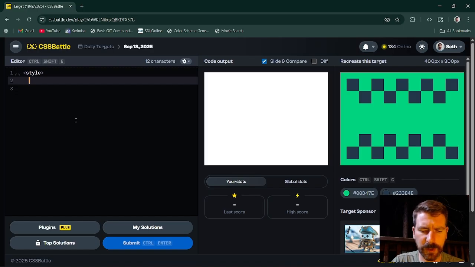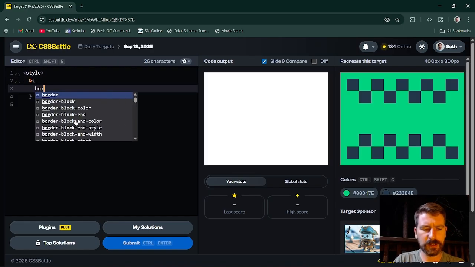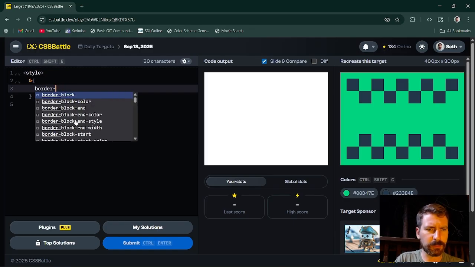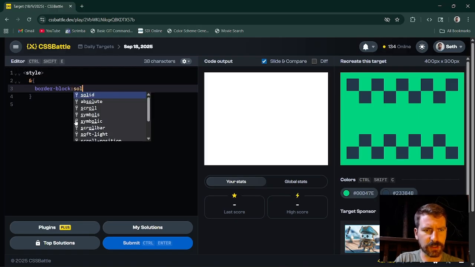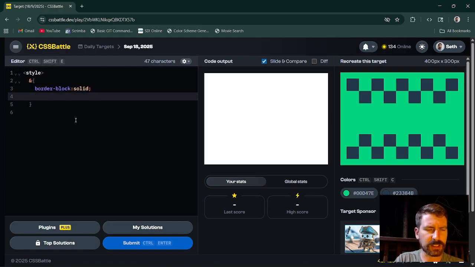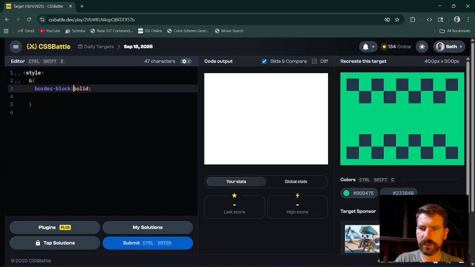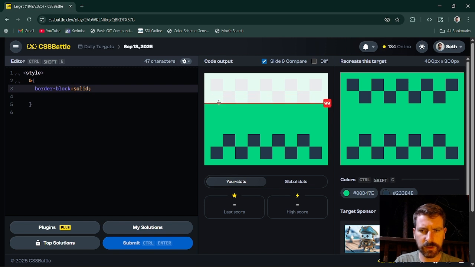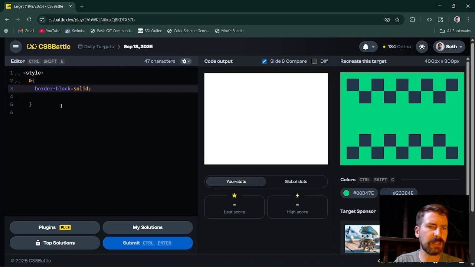And it's the slice property that, image repeat slice width. Okay, so I need to do border block, let's say solid. I think that's all I need here, because I'll end up, let's give it a width too. It's going to be 19 to, so 20, so like 80 pixels. So